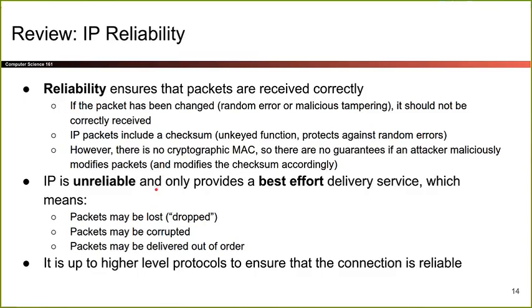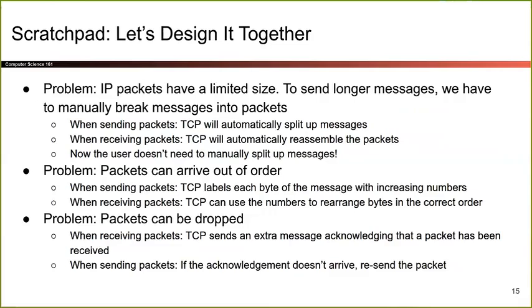If I send a message to someone, I would like them to receive it. I would also like them to receive it correctly, right? And IP is not enough for that. So now we have to design an extra layer to ensure that. Okay, so here's how we'll design it. I guess there was no animation here. Oops. But there were 3 main problems with IP that we just talked about.